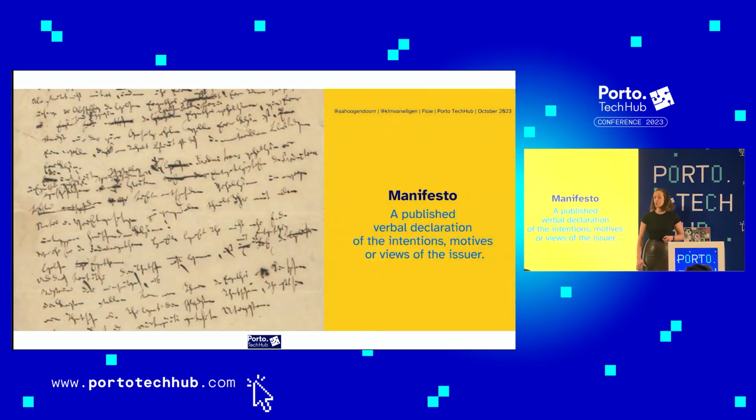What is a manifesto? Well, it's a published verbal declaration of the intentions, motives, and views of the issuer. So if you look at the Agile Manifesto, it doesn't only have the 4 lines. It has also additional pages with principles that truly make sense. However,